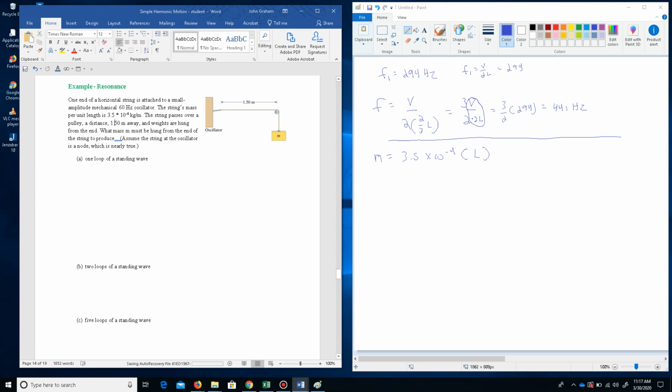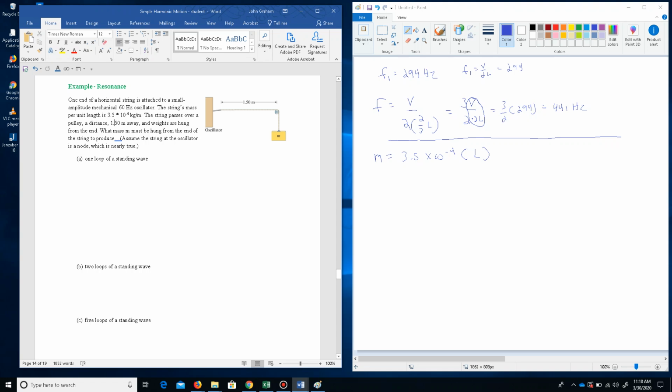And the weights are hung from the end. What mass M must be hung from the end of the string to produce 1 loop, 2 loops, 5 loops? And then we're going to assume the string at the oscillator is a node,